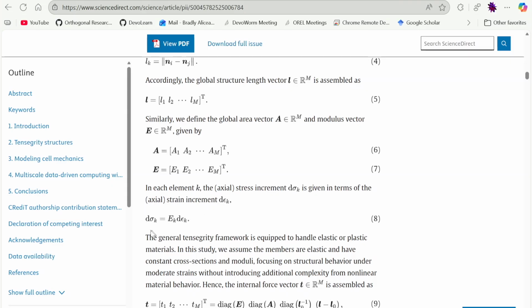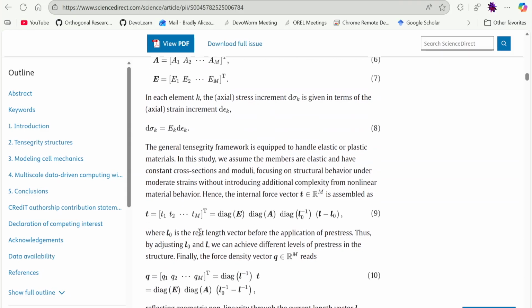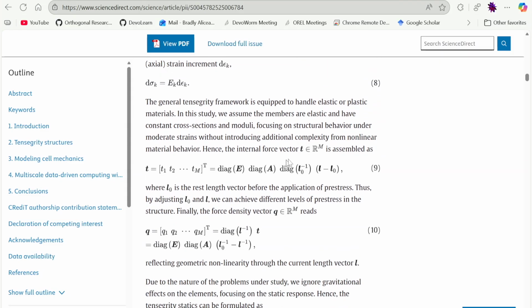which is here. The general tensegrity framework is equipped to handle elastic or plastic materials. In this study, we assume the members are elastic and have constant cross sections and moduli, focusing on structural behavior under moderate strains without introducing additional complexity from nonlinear material behavior. So we have this internal force vector here, where